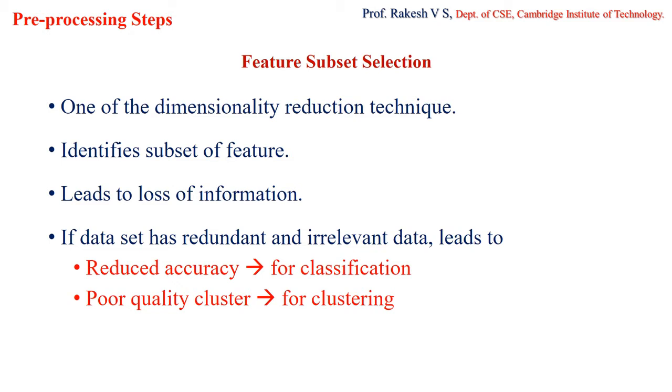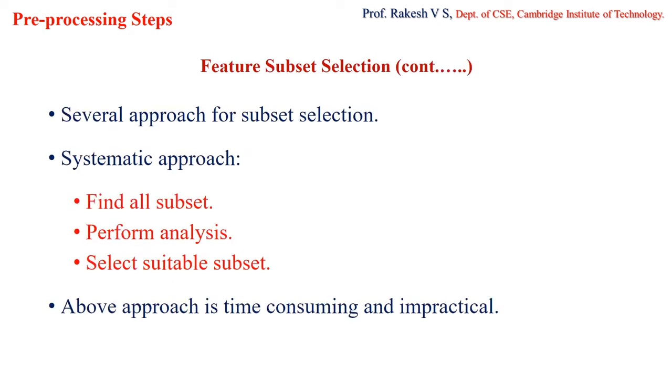So for this reason, we have to eliminate these two problems present in the data set. However, we can apply domain knowledge and basic sense to eliminate a few of the data, but to find a subset, it actually requires a systematic approach. So one approach can be to find all the subsets possible out of the given features. When I say all the subsets, it means that there will be 2 power n subsets possible. This we know: when any particular set has n elements, the total number of subsets possible will be 2 power n.